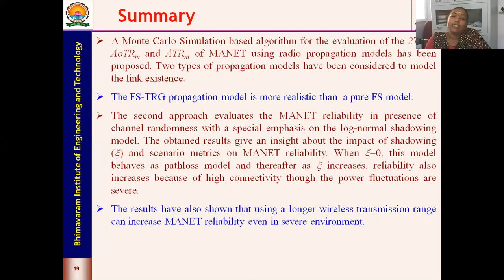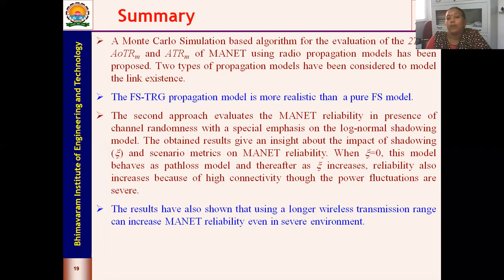So in the first case, we considered the link existence based upon the delta and gamma values. If your delta is equal to 1 and gamma is equal to 1, then your model is entirely behaving like a binary model. And when there is a variation in the delta values, you see that the reliability is a little better compared to delta equal to 1 and gamma equal to 1.